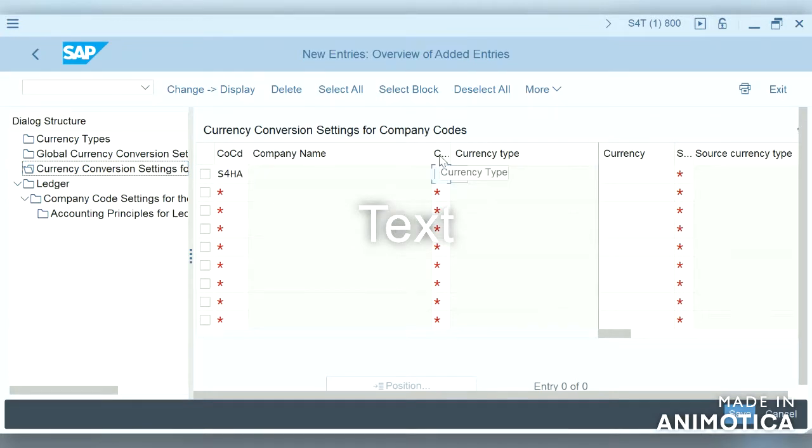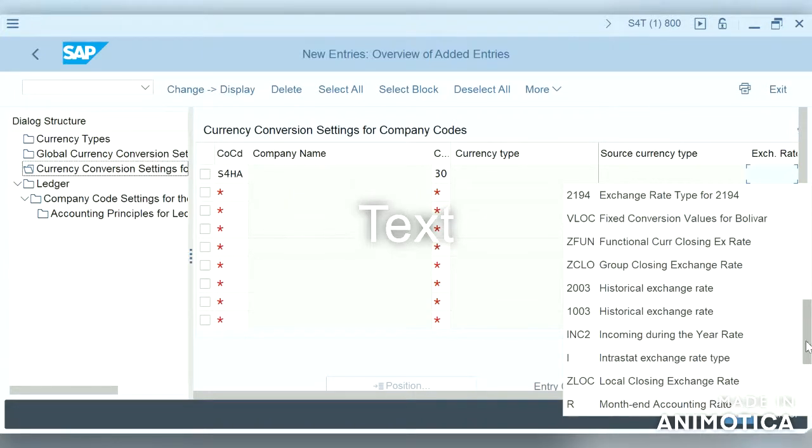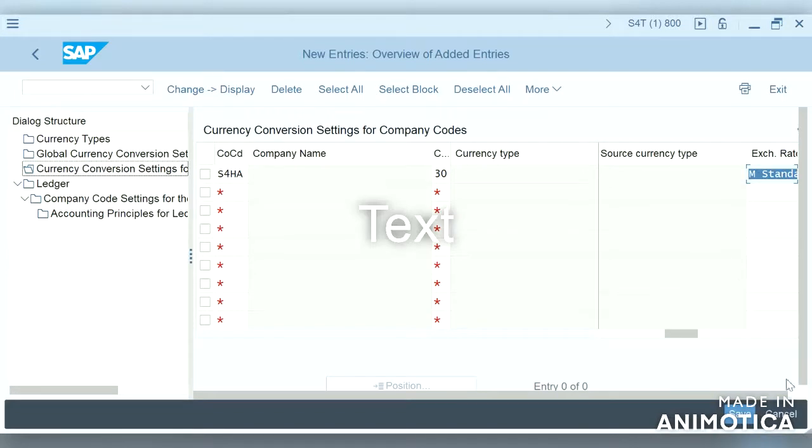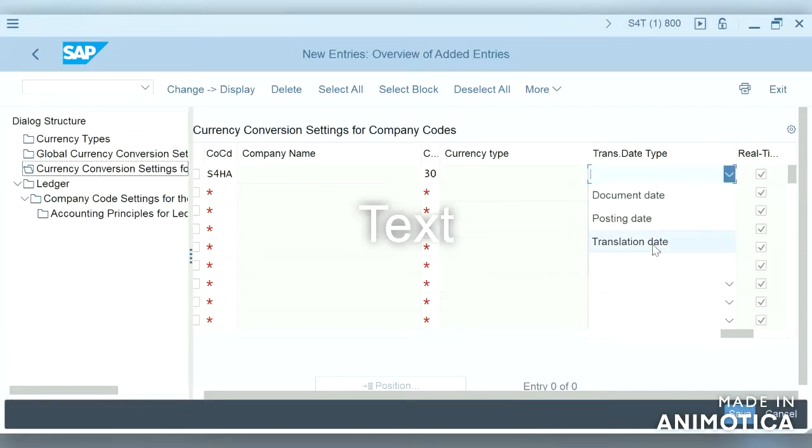The currency type, we will take 30 as group currency and currency as INR, and exchange rate type, normally standard translation at average rate, and we will select translation date.